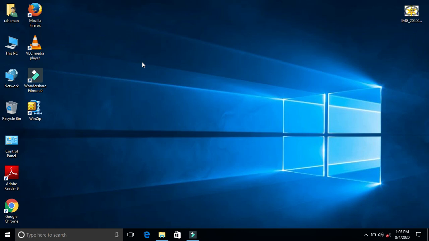What is meant by the Windows 10 desktop? Desktop means the screen, the main screen that appears after you start, or boot up. If you are starting the PC, it means you are booting it, so it is a booting process. The screen that appears after starting is known as the desktop. Keep that in your mind.